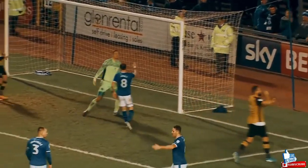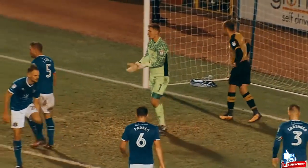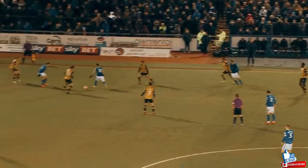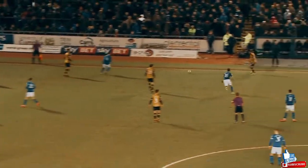In goes the cross. Nuyu with the header, and a brilliant save from the goalkeeper Bonham. Nuyu did everything right. Rose stoically, downward header. Bonham with the save. He's palmed it away for a corner, in which for either of these two teams to try and find a winner. Wednesday, in an attacking sense, have looked the more likely for the majority of the game, but it's not